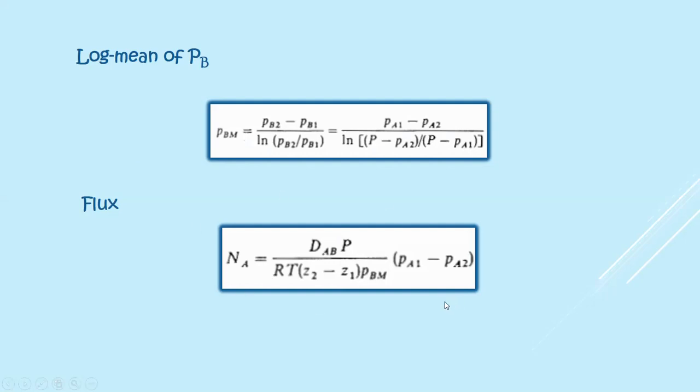It would still be needing the molar diffusivity of A to B. You will be needing the total pressure of the system and the partial pressures of A in point 1 to point 2 where your stagnant non-diffusing B is. And this is the distance covered by A as it transferred from point 1 to point 2. Your PBM, the log mean of the partial pressure of B, is in here. So you need to determine it using this formula before you can determine the